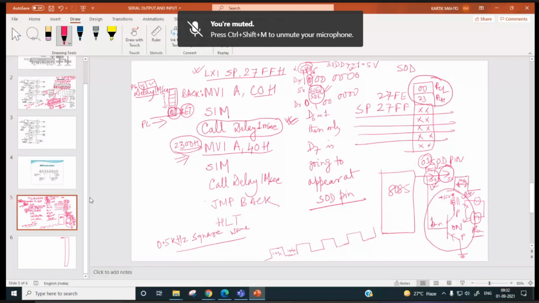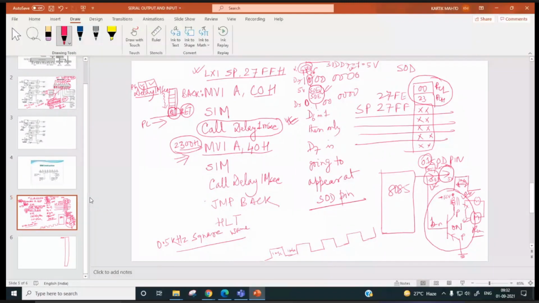So the stack pointer will be decremented over here to 27FE, 23 will be pushed, PCH will be pushed. Then again the stack pointer will be decremented to 27FD, and here PCL, the lower order address in the program counter, will be pushed over here. So 2300 is the address of the next instruction after this call instruction. So when the call instruction is executed, the next instruction address is pushed onto the stack and the processor branches to the subroutine, and